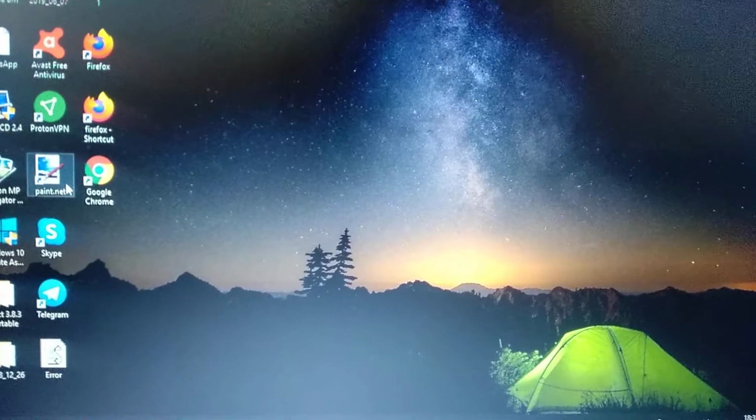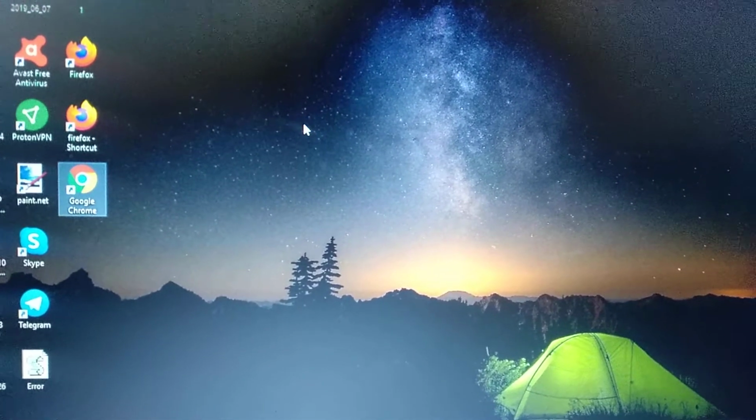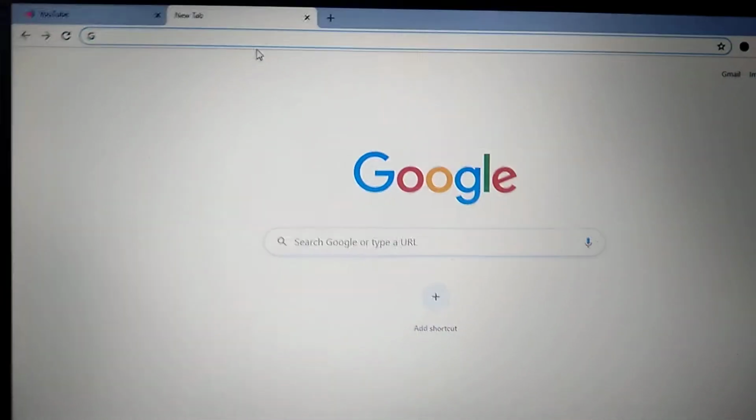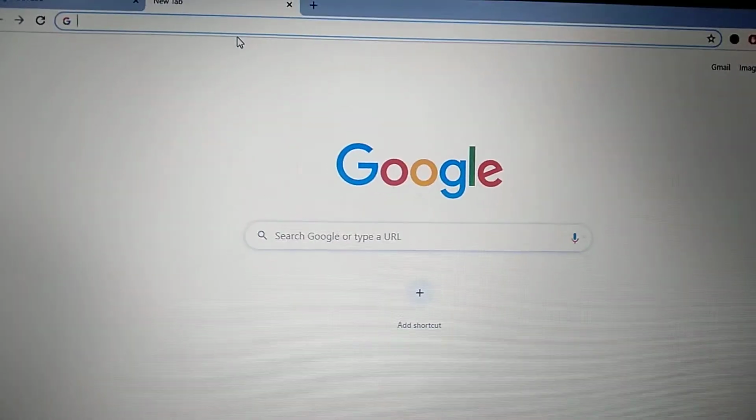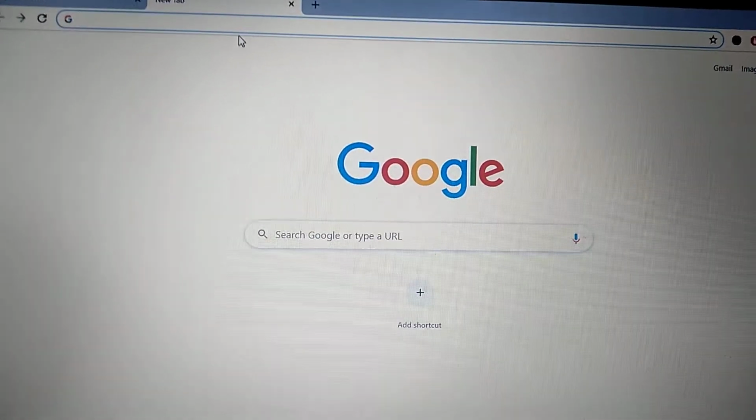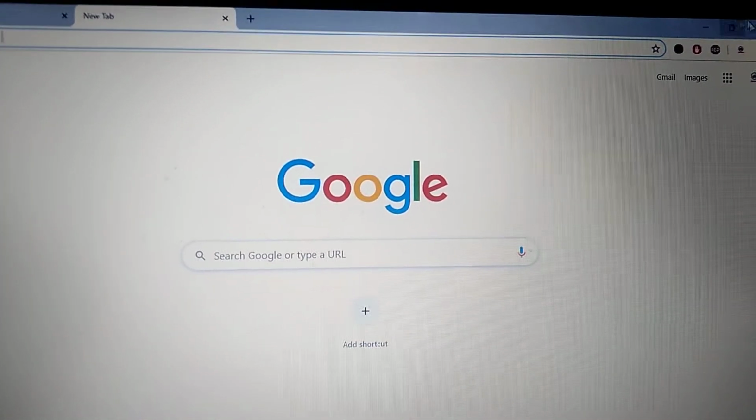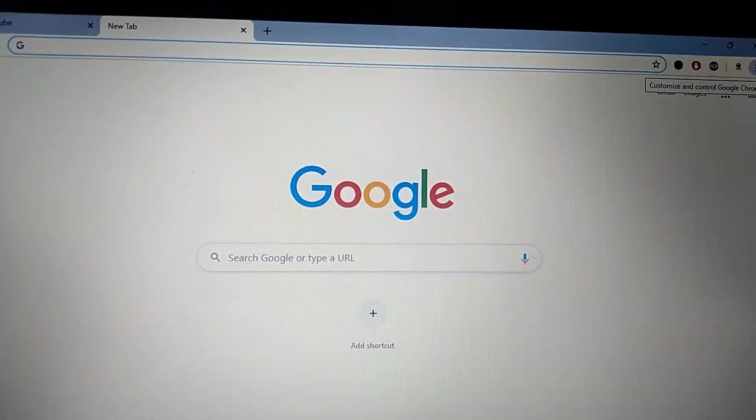So for fixing it, you just need to open your Google Chrome, and first you need to understand if this problem is with Google Chrome or maybe with your internet connection. So just try to open the internet from another device or another browser and check if this problem also happens there. And if you check and understand that video doesn't play only in Google Chrome, so just